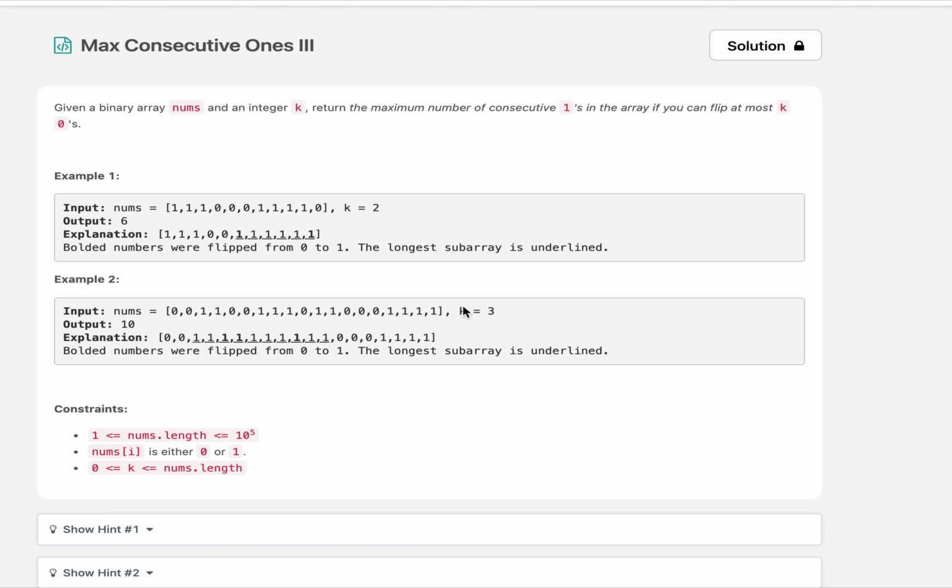They have given a wonderful example, which is nothing but 1 1 1 0 0 0 1 1 1 1 0, that is 4 times 1 followed by a 0. The value of k is given to us as 2. You can toggle the value of 2 zeros at max, and the ones that you will be doing it are these two, this one and this one, and the length of max consecutive ones after the toggle operation is performed is 6, which is highlighted here. The answer becomes 6. Without much ado, let's look at the presentation that I have created for this, and we'll be using a two-pointer approach to solve this question.